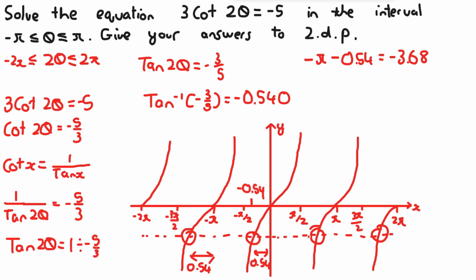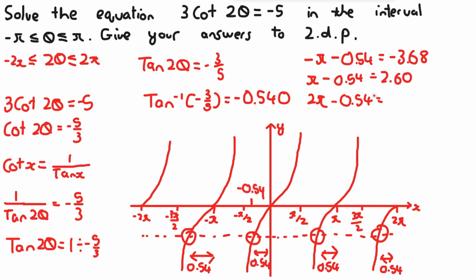And then this value here is going to be pi minus the difference here, which is 0.54, and if you put this into a calculator, this is equal to 2.60. And then this value here is going to be 2 pi minus the difference here, which is also 0.54. And if you put this into a calculator, you get out a value of